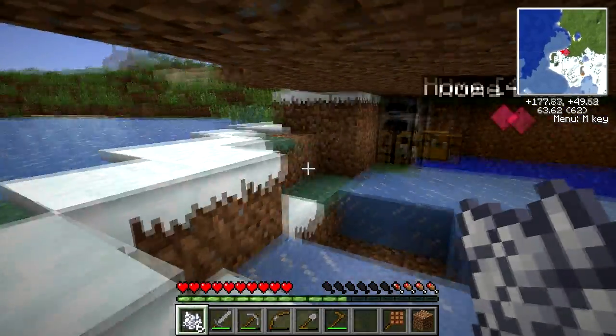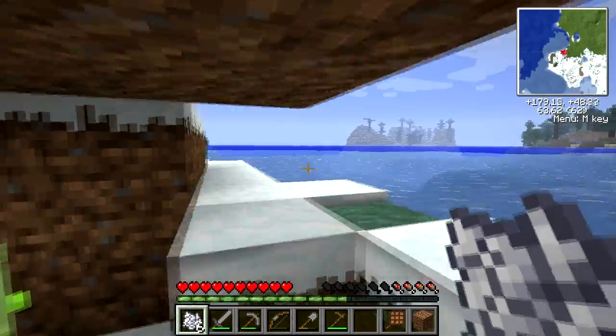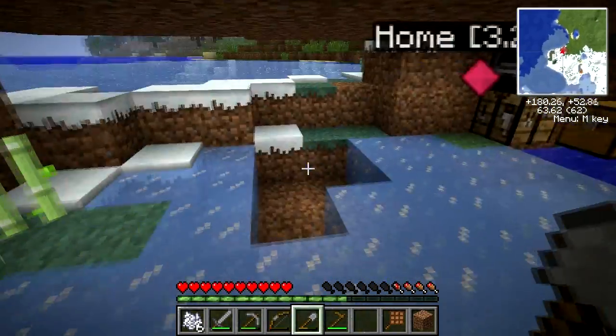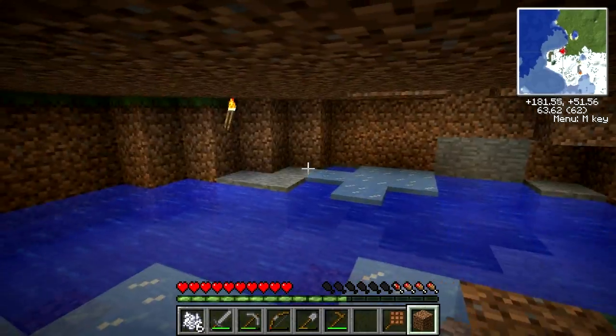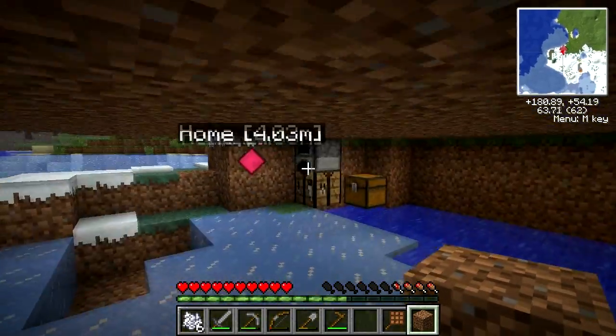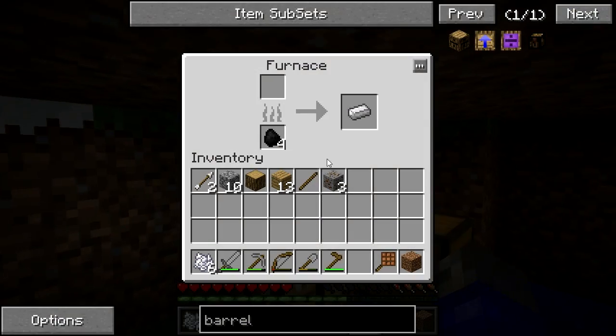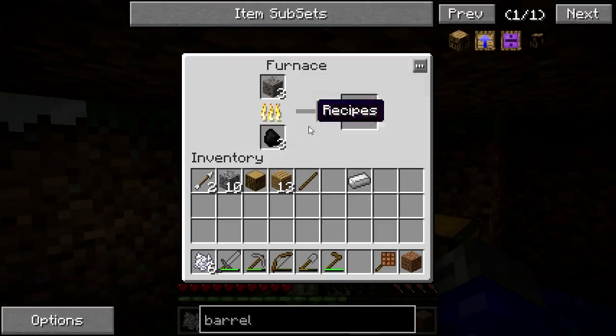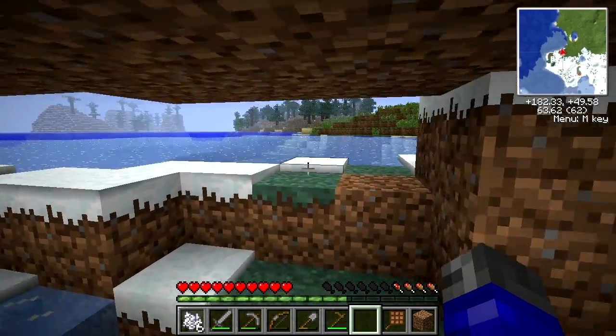So, where we left off, we'd survived day 1 by digging out this little ice cave. Pretty cool little place to live. But now I think it's time to start actually expanding it and turning it into a home. Let's make an ice cave a home. Also, I accidentally just spent a charcoal on one iron ingot. Oops. Let's go outside and take a look at...